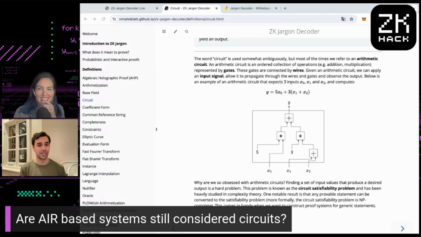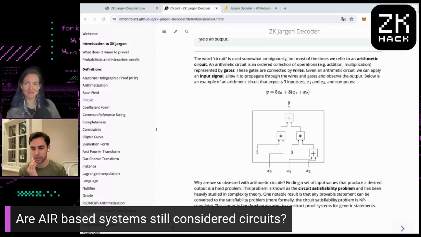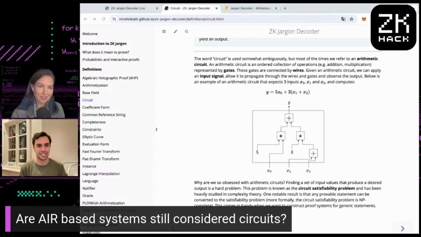You can express any circuit as an AIR. You can express any AIR as a circuit. It's just a translation. So it's hard to answer, are they the same, right? Okay. There's a really good article, actually. So actually, no, first, let me backtrack a bit. They do express circuits. And yes, an AIR-based system does prove something about a circuit. But the circuit is not in this pretty diagram form, it's in this table format.